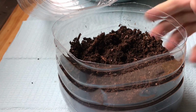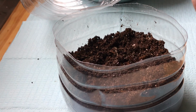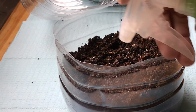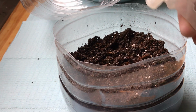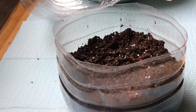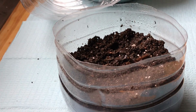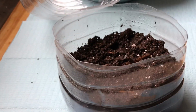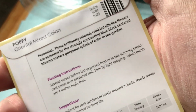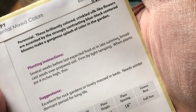I placed about 3 to 4 inches of seedling mix down into the bottom of the milk jug or the water jug. I misted it really well, making sure that it's all moist all the way through, and this would be the perfect growing medium for the seedlings that we've chosen. In this preparation, I have chosen poppies. I have never grown poppies in North Carolina, and hopefully with the seeds that I got a couple of years ago, it is now time to get them planted into the ground,